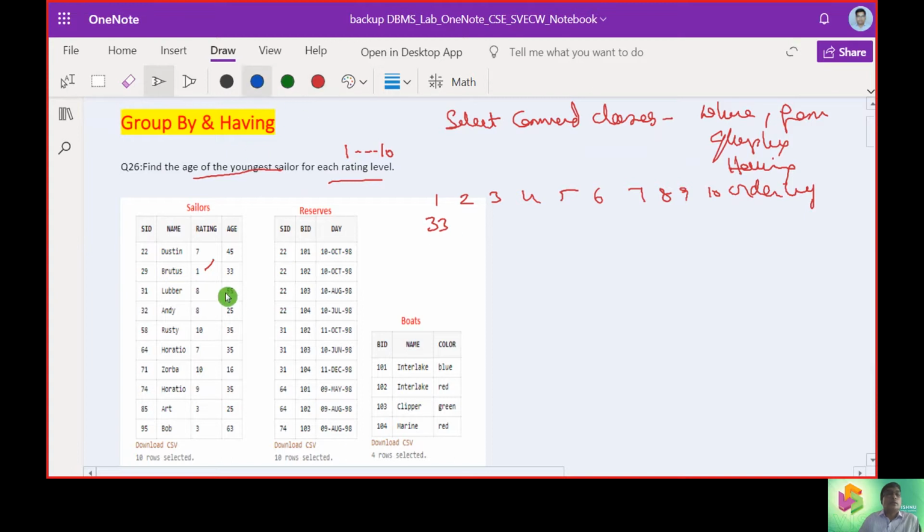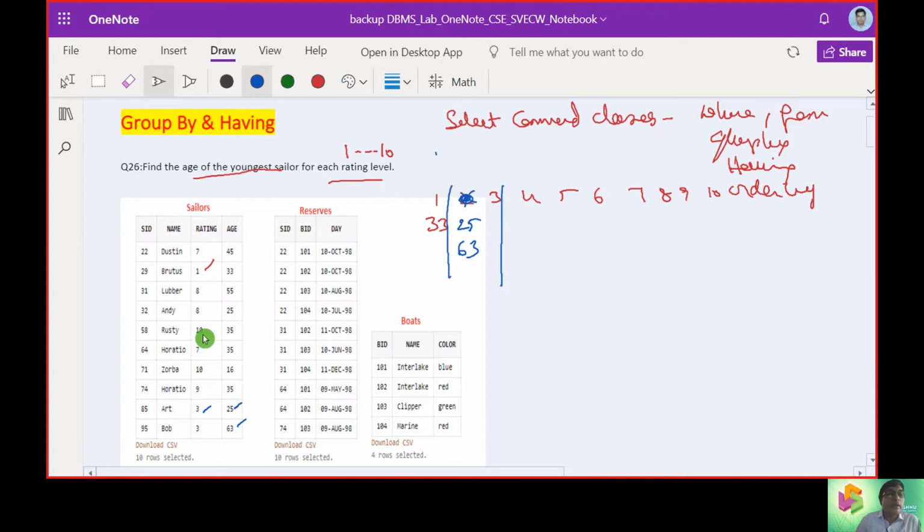Then let us move on. Rating 2 is not there. Rating 3 is there. What were their ages? That is 25 and 63. So there is no rating 2, and this is associated with rating number 3.